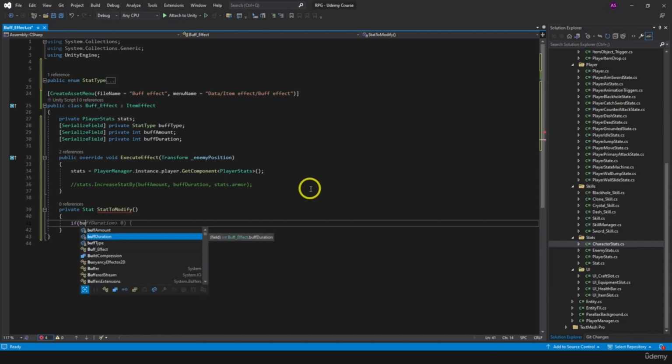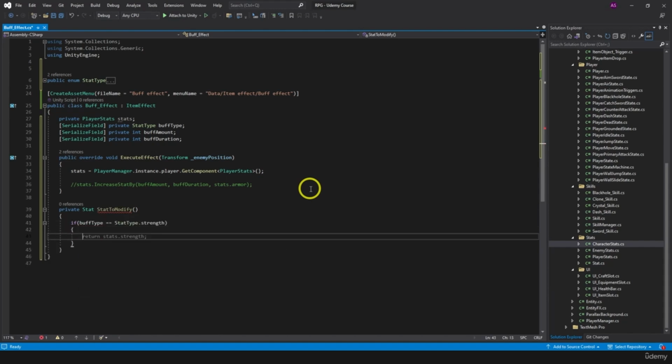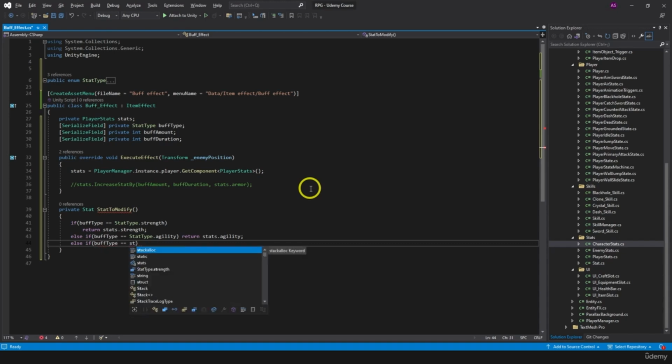If buff type equals to stat type strengths, then return strengths. Yeah, very good. That's what we need. IntelliSense understands me very good. I only want to remove this and type else if buff type equals to agility, return stats agility. Else if buff type equals to stat type